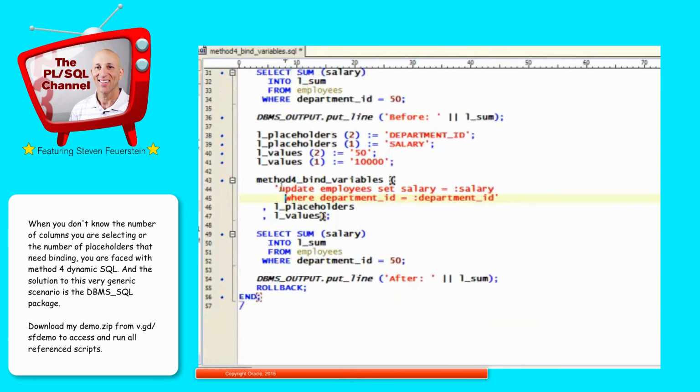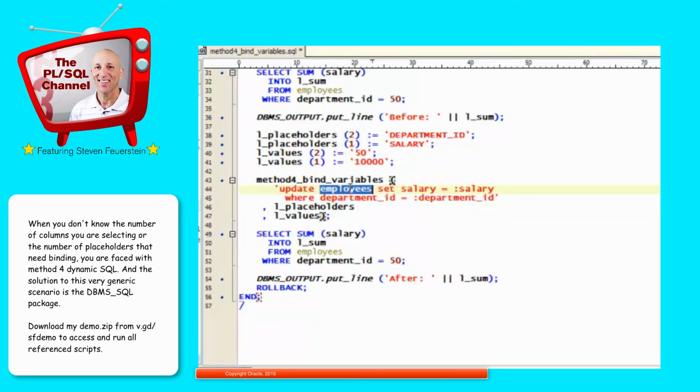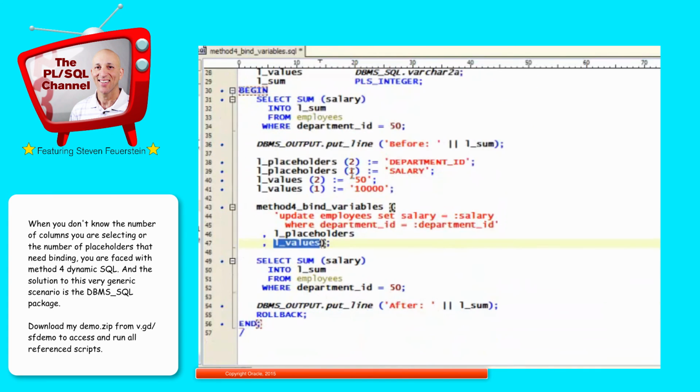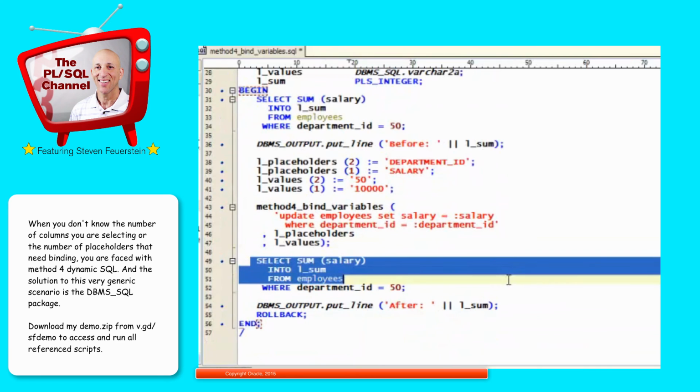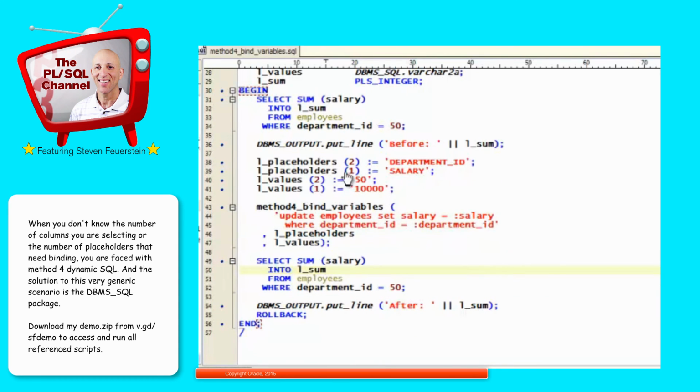My apologies. Now this is not actually dynamic SQL, but I could have a variety of table names, column names, whatever the case might be. Assume that it's dynamic. Because what I want to show you is that even if I don't know how many values I have to bind in at the time I compile my code, I can take advantage of arrays of placeholders and values to do all that work for me dynamically. And then afterwards, I'll see the sum of salary now for department ID 50. And when I run this code,